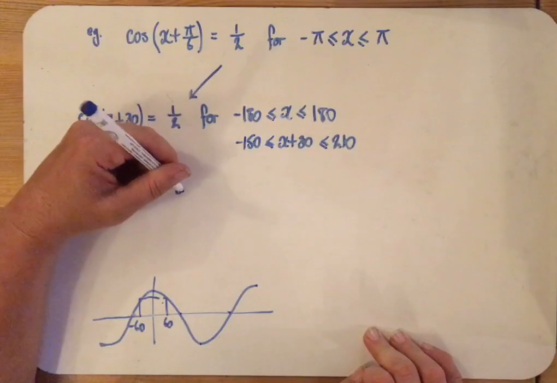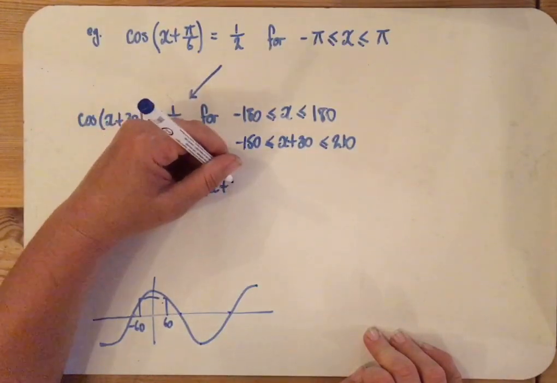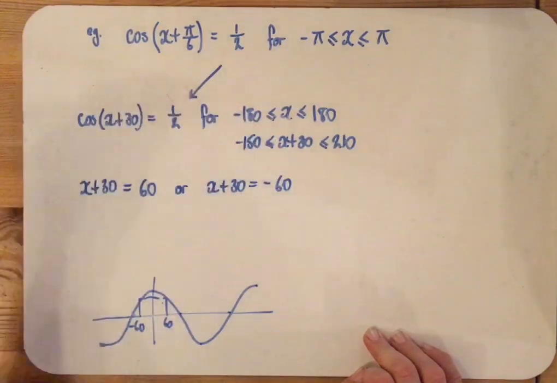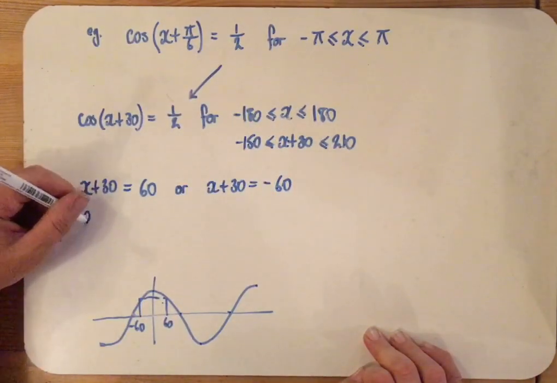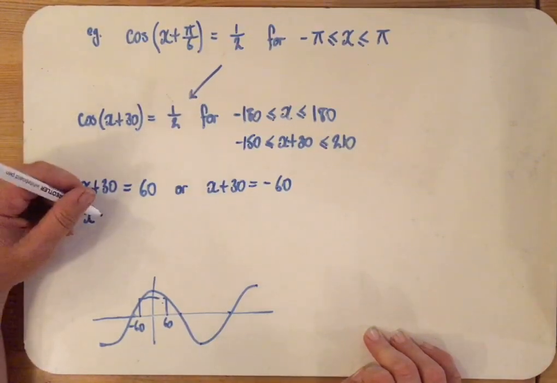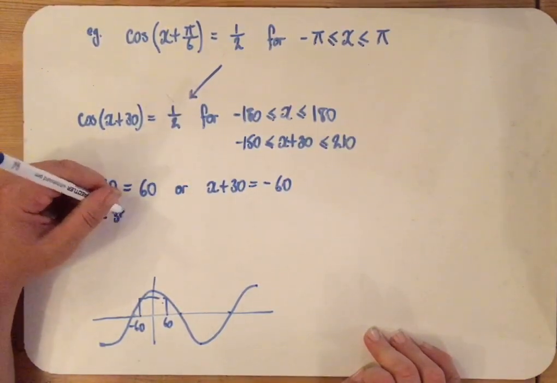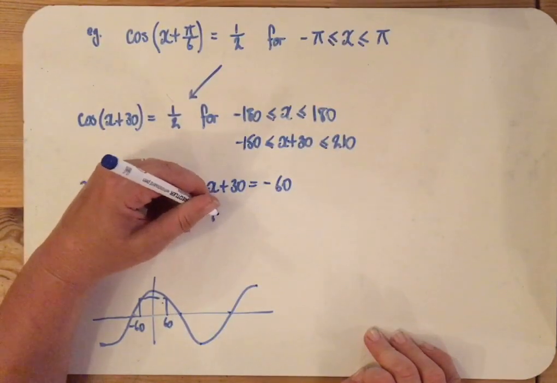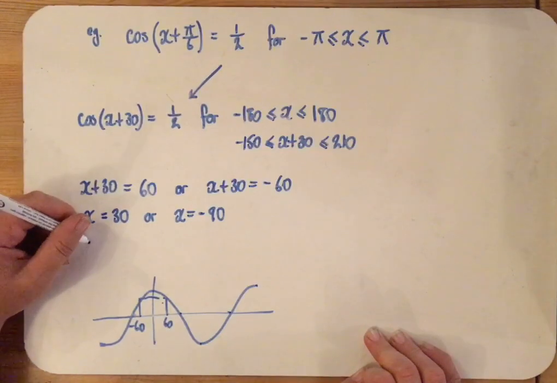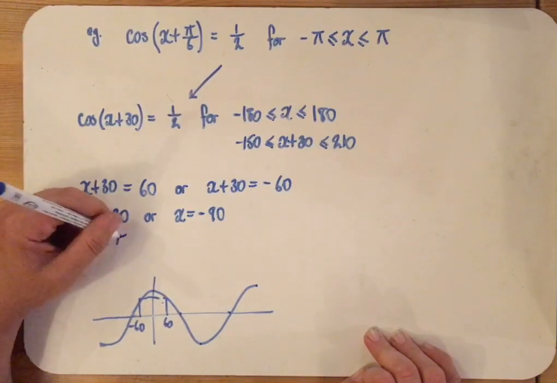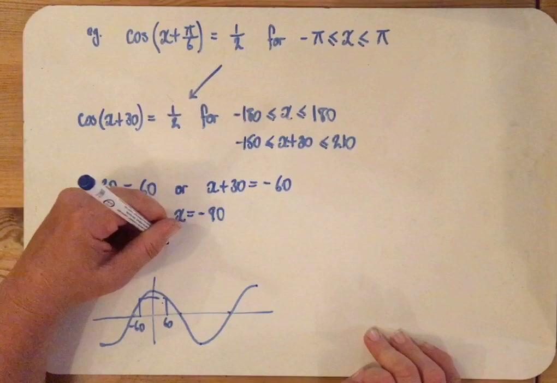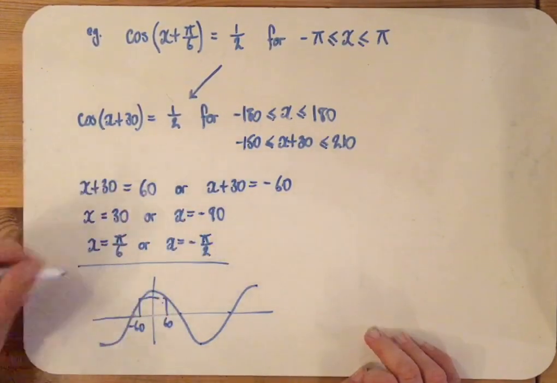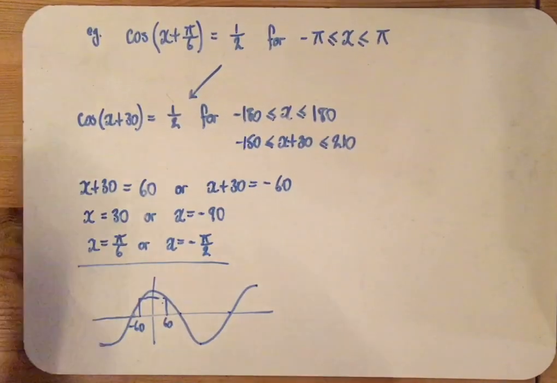So two solutions, so it's 60 and minus 60, and then taking away 30 from both of them. And then converting to radians, pi by 6, or x equals negative pi by 2. Or calculating in radians mode,